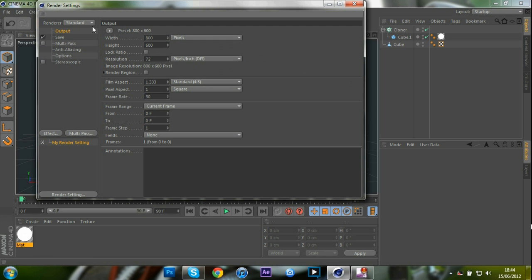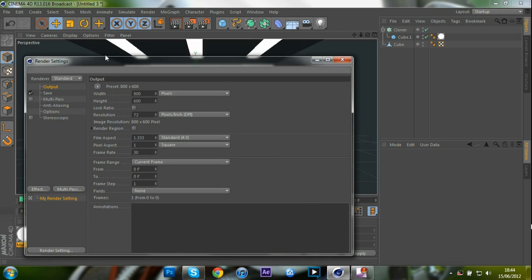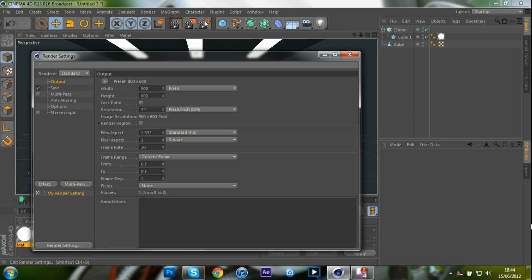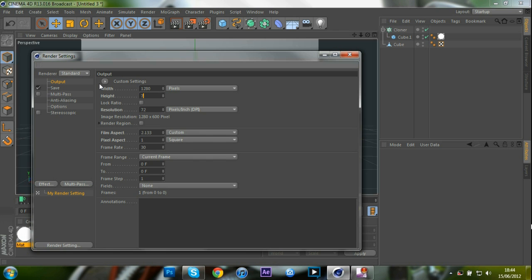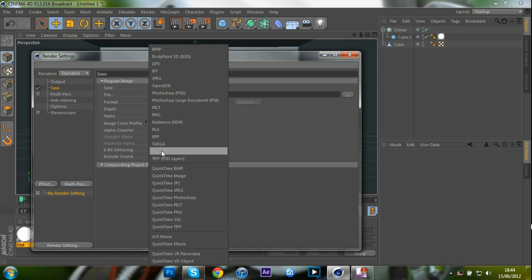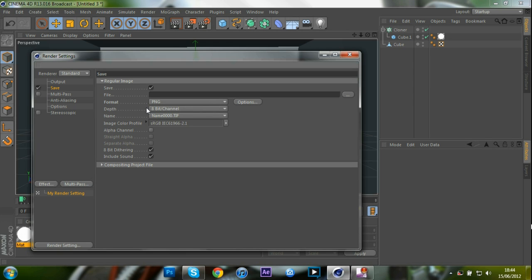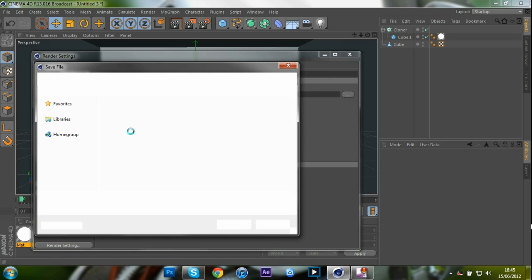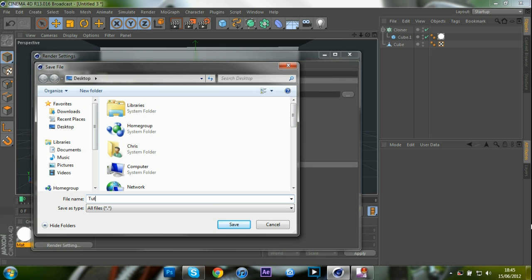Right, first of all we need to go to render settings, which looks like a little film-action scene type thing. You need to go to output. You want to change it to 1280 by 720, if you want to do anything to do with YouTube. You want to go to save and PNG, and then go to alpha channel so that the background doesn't show. You want to save it, so I'll just call this tutorial